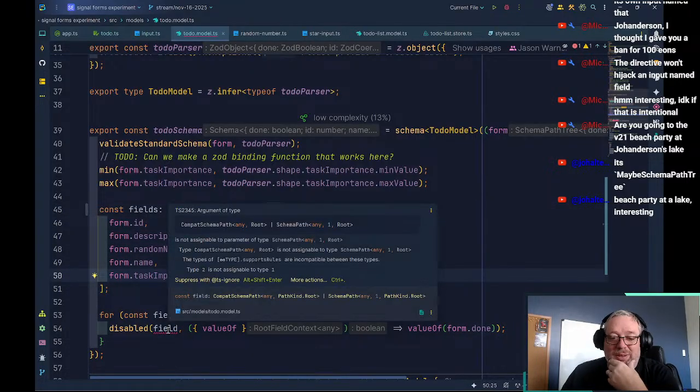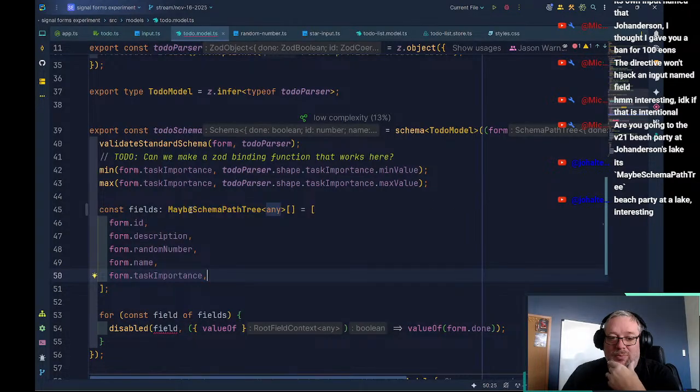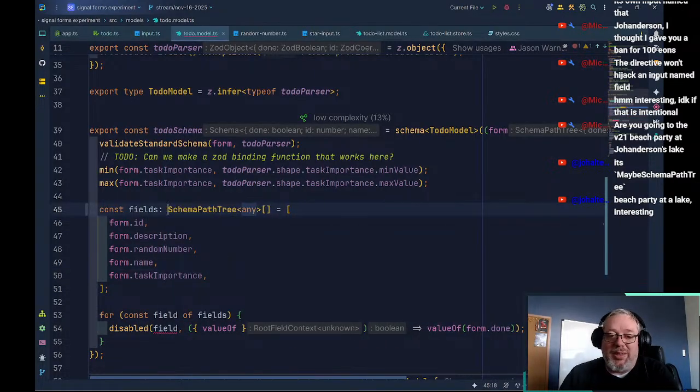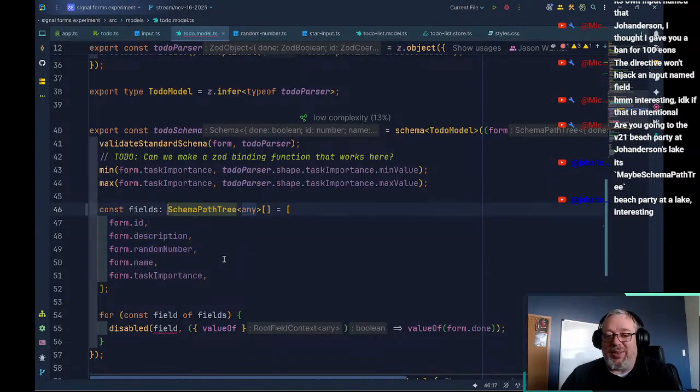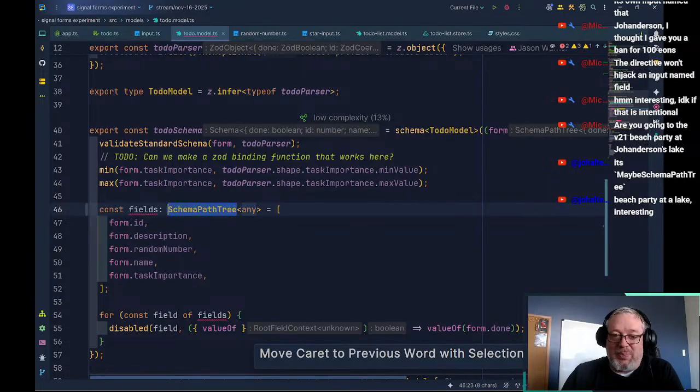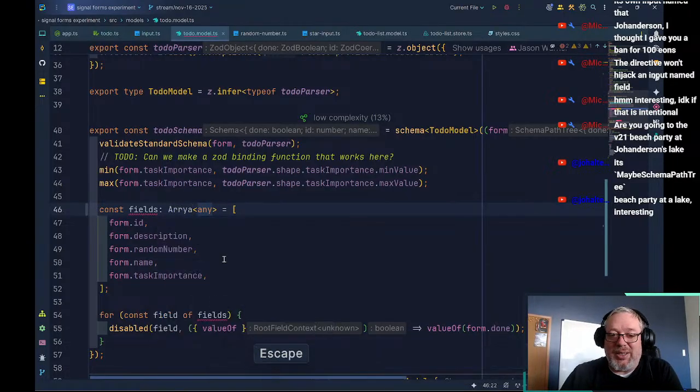And now it doesn't like this. So if we take off the maybe and import that, still nothing. It just doesn't like that for whatever reason. But if we just call it, hey, it's an array of any,